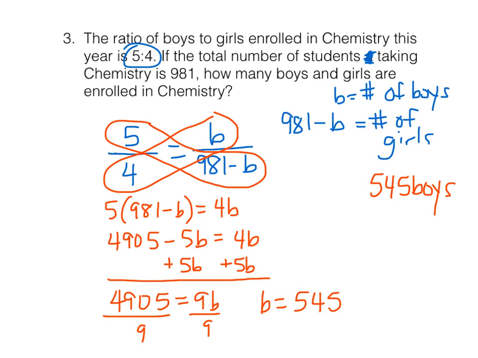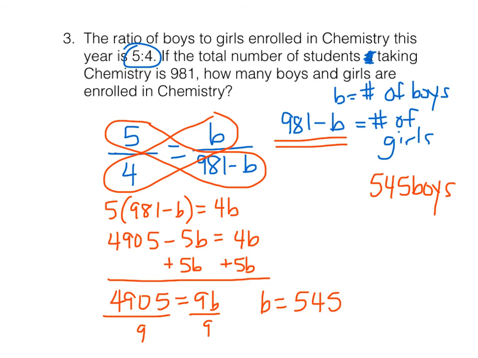And how do I now go about finding the number of girls? Use the expression we wrote out when we defined a variable. That's a big use of defining the variable, guys. Oh, I dropped my papers. That's a big use of defining a variable. You can go back and you can see right in that question where you were supposed to be looking to find the number of girls. So 981 minus b, which comes out to,